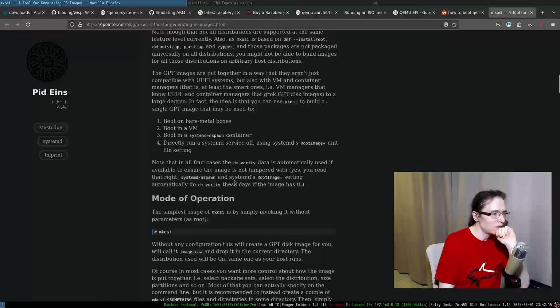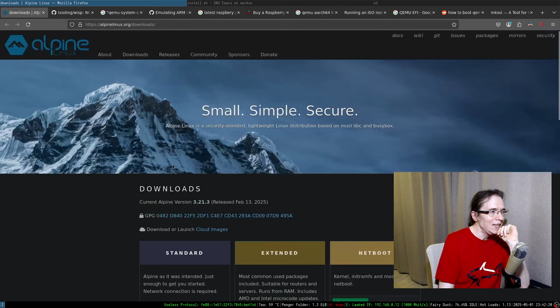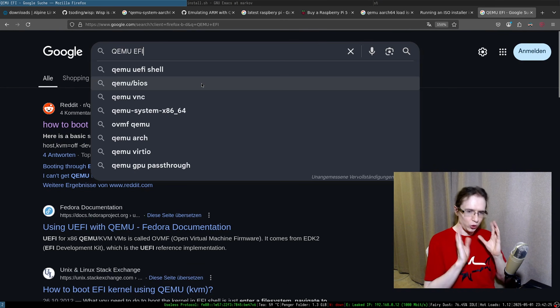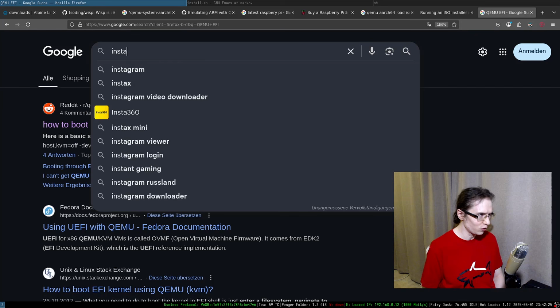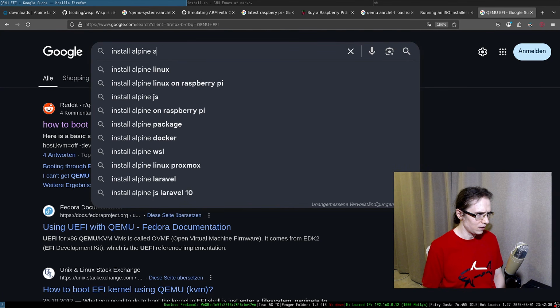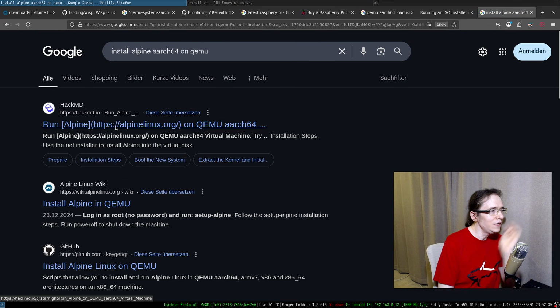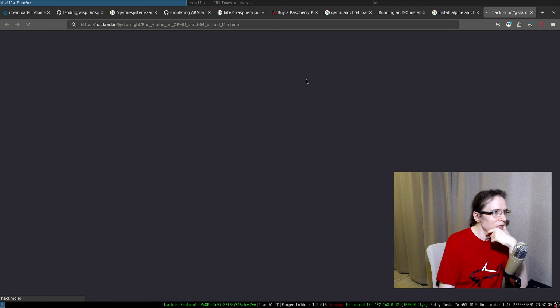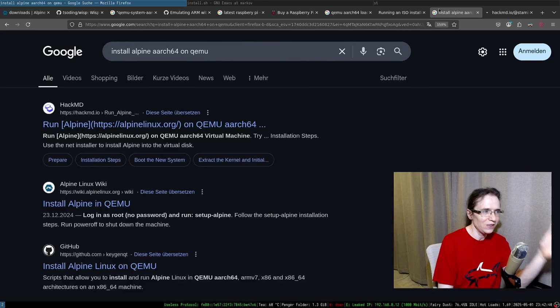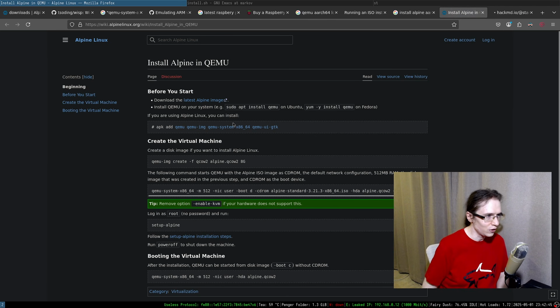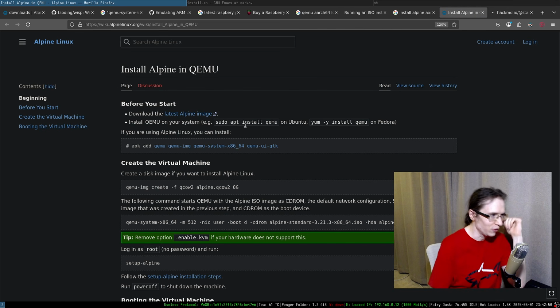Anyways, right. So maybe there are some instructions, right? Maybe we should actually Google for specific instructions, like install Alpine aarch64 on QEMU. Right, it's just like, why do I have to tweak all of these weird little things? How can I install it? Just install it. Install Alpine on QEMU. Okay, so they're talking about this. Oh, finally! Thank you so much, Alpine developers. Thank you, thank you, thank you.